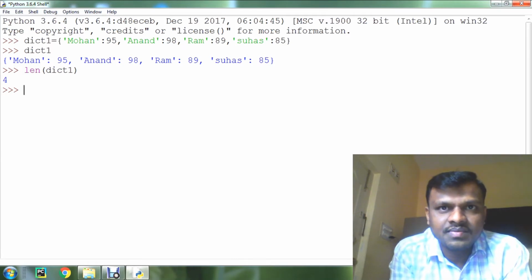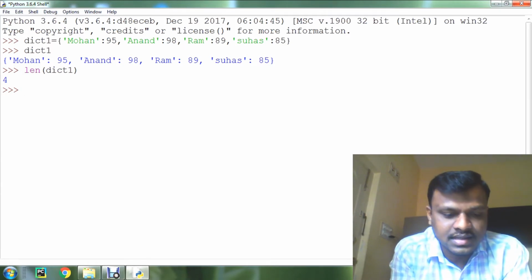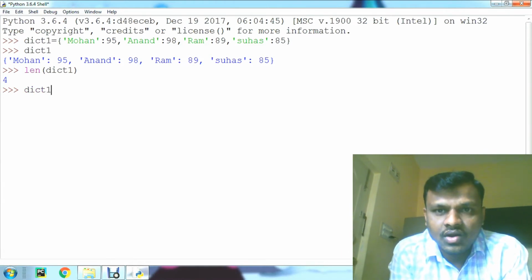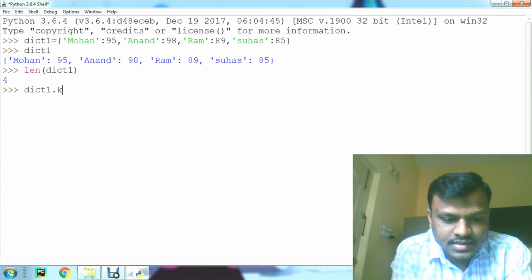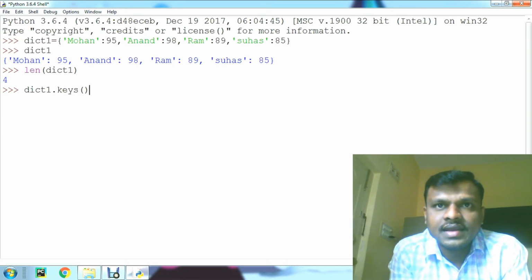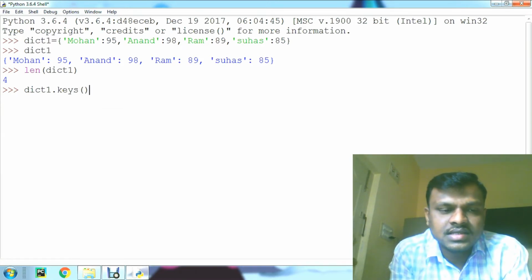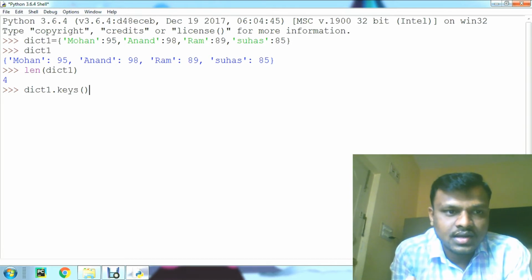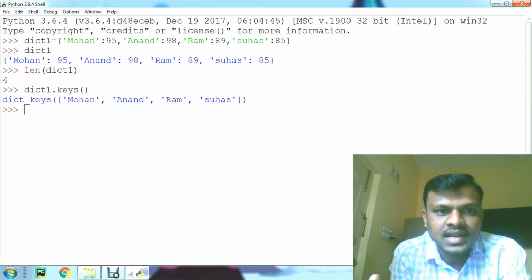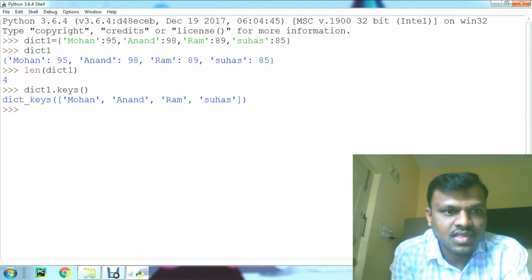So we give dictionary1.keys, the function we are going to call. This statement displays the keys present in dictionary1 like this: dict_keys of Mohan, Anand, Ram, Suhas.